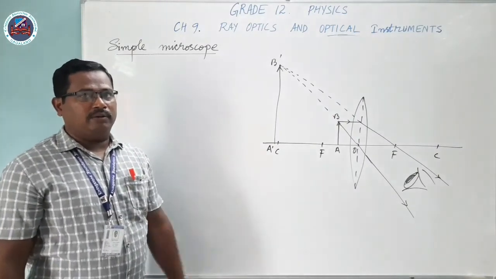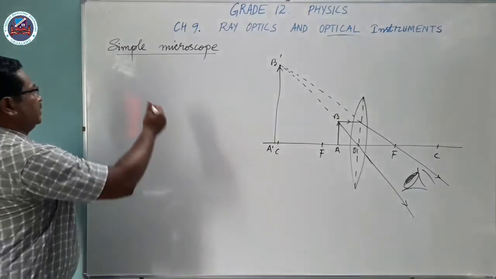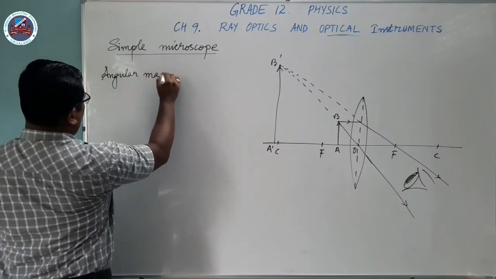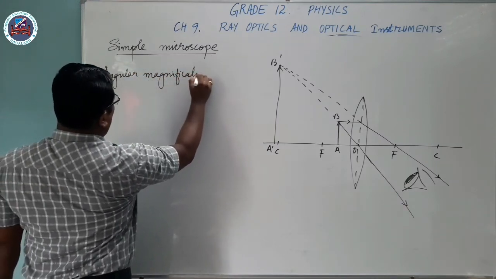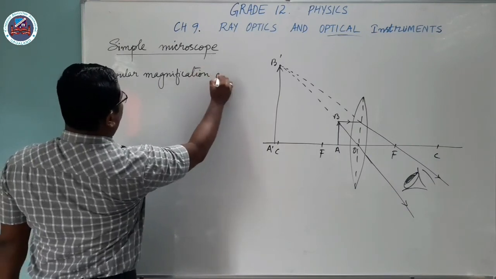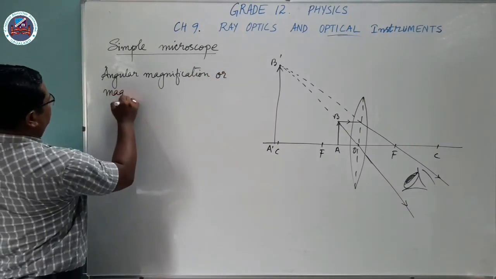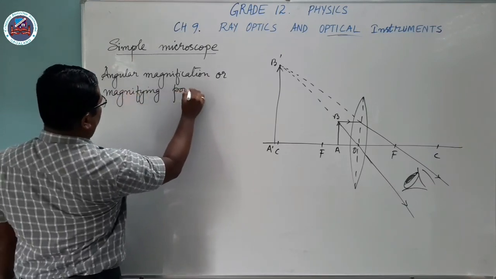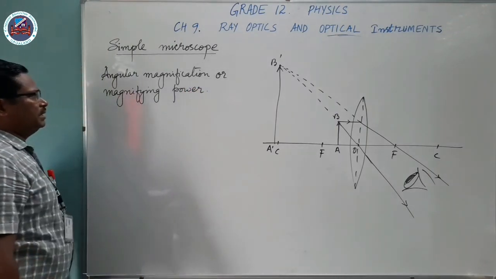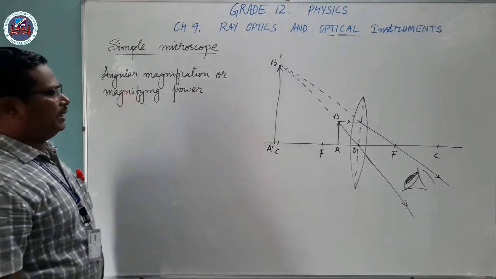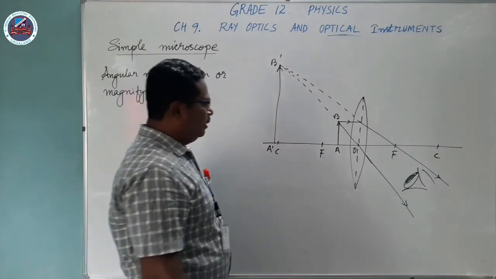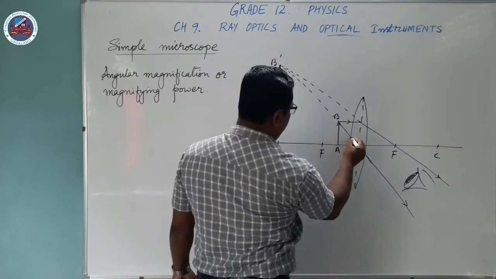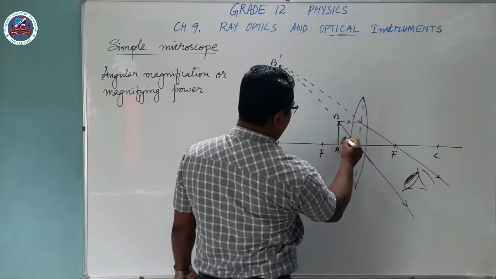We use the term angular magnification, or magnifying power. We define it like this: the angle subtended at the eye by the image as seen through the microscope, which I mark as beta,